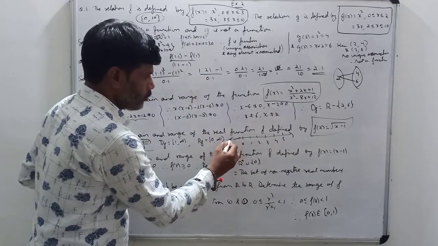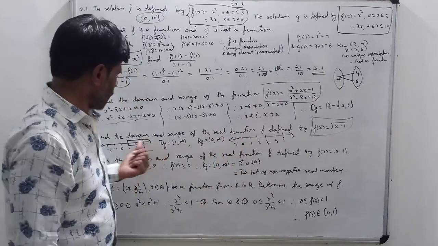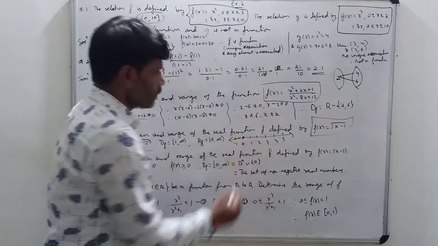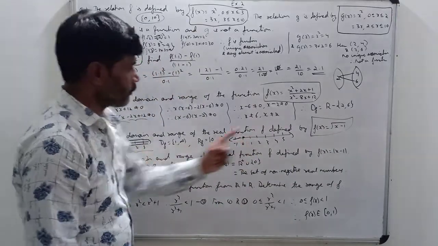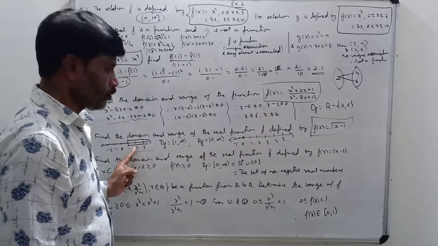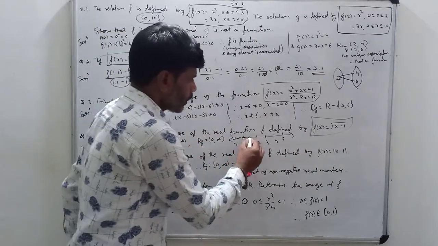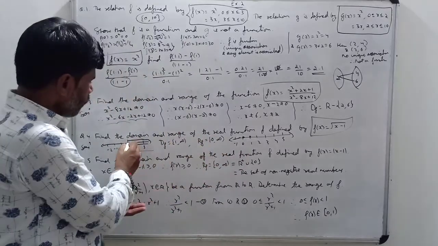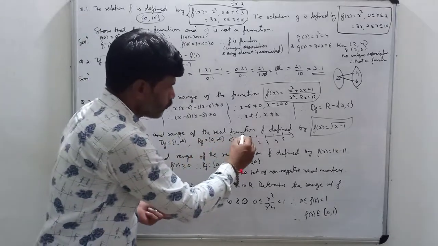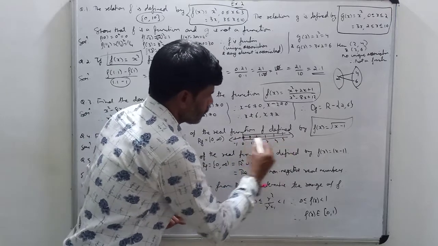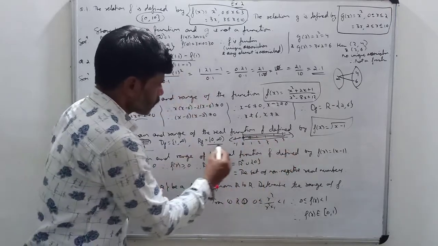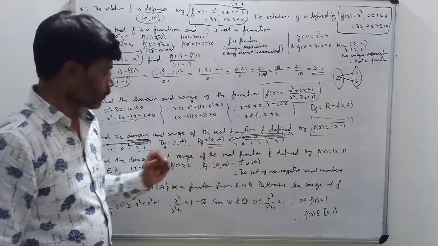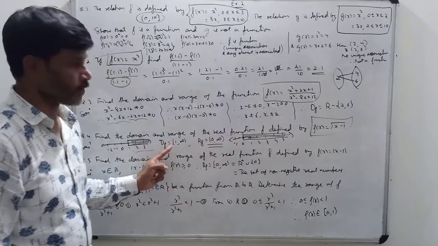Now one by one we put the values of domain. When you put x equals 1, what is 1 minus 1? 0. The square root of 0 is 0. Then when you put 2, 2 minus 1 will be 1. The square root of 1 is 1. Okay, so what you understood: by putting the values of x from 1 to infinity, you will get the values from 0 to infinity. So this is the range of the function, [0, infinity). Why am I writing a closed interval? Because closed interval means the value 0 is included. Here also, closed interval, 1 is included.